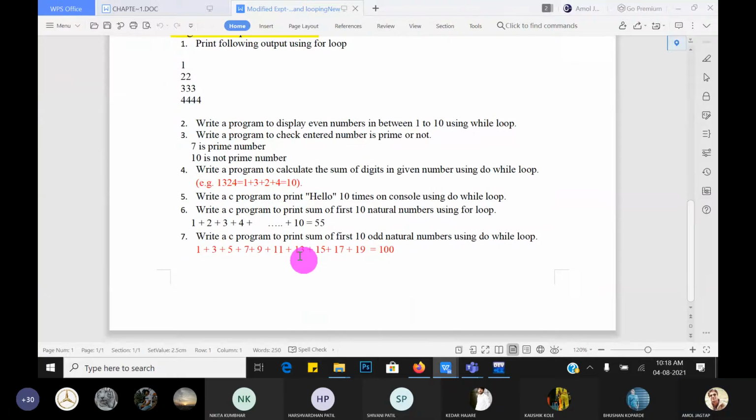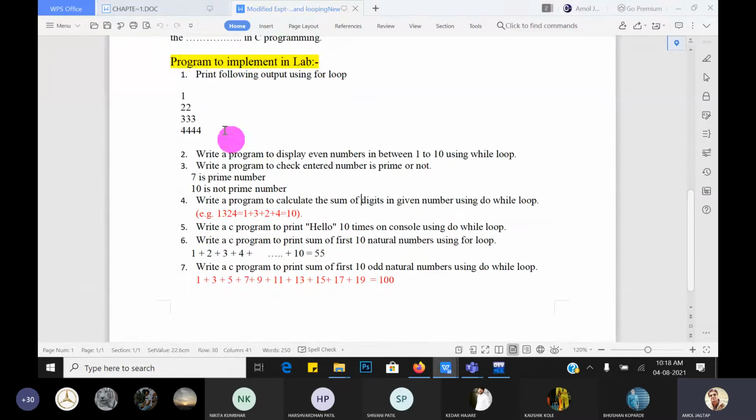So already we have seen how to calculate the sum of digits of a given number using while loop as well as do while for exercise. Similarly,